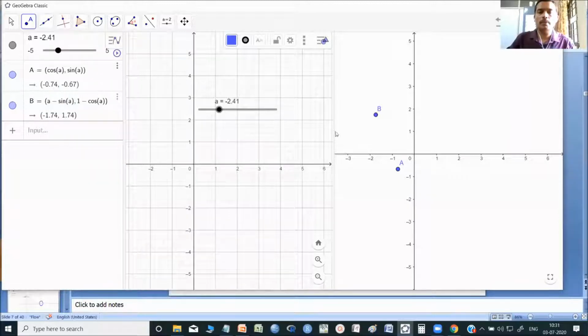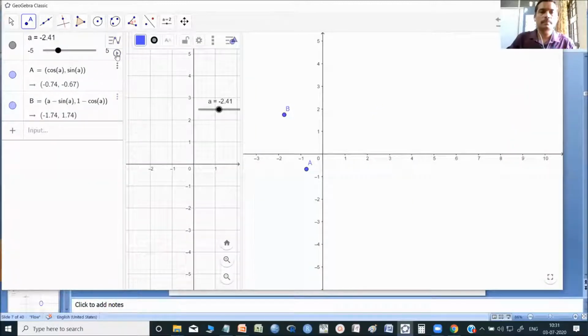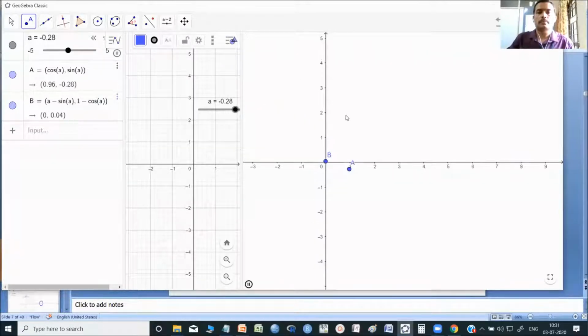Okay, I'm showing a bigger screen. So it will start. I don't want to trace this. Okay. So you will see the cycloid now.